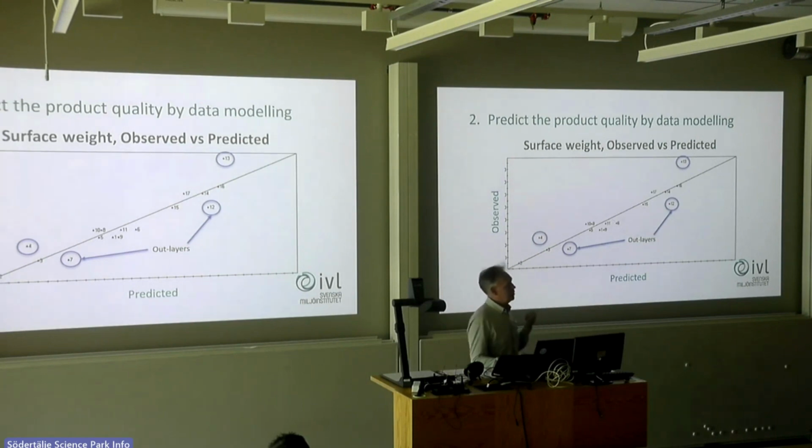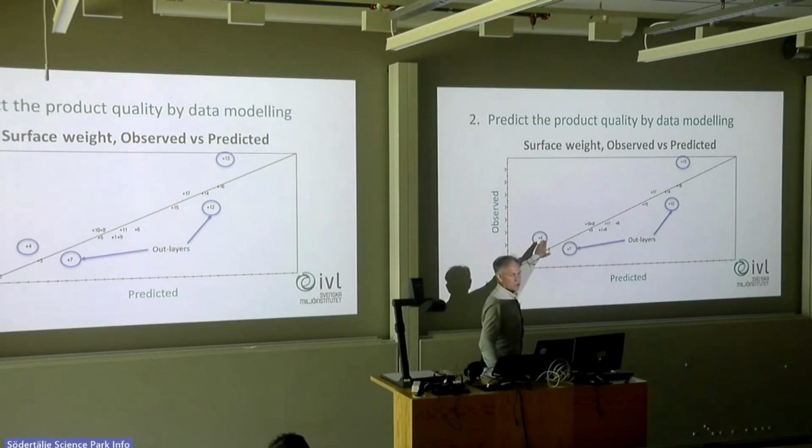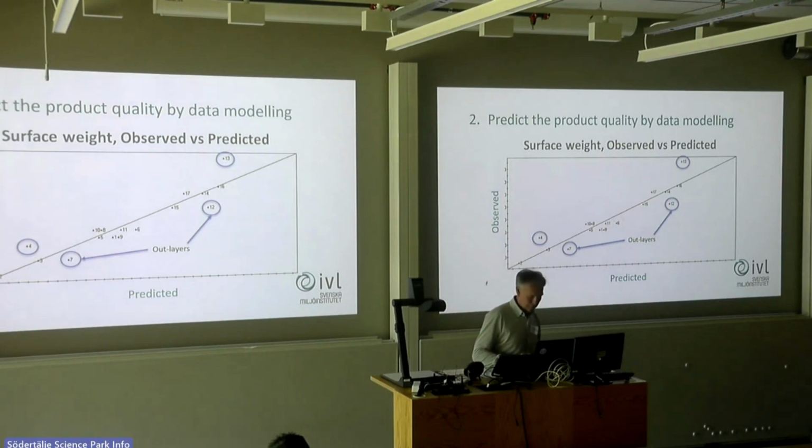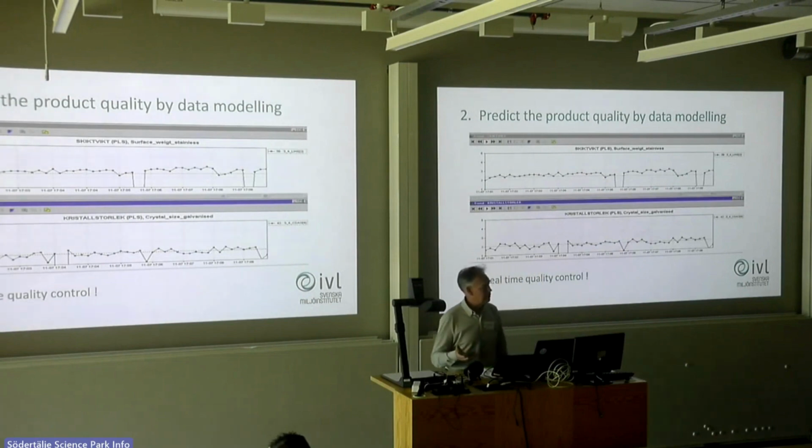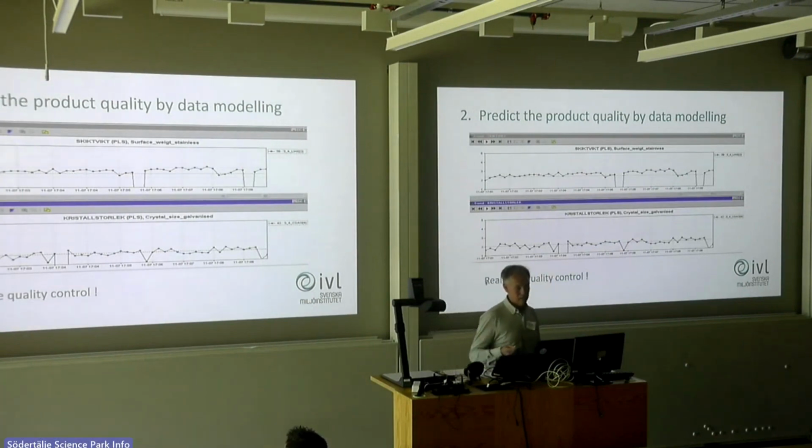So this could be very interesting input to try to find what's affecting the surface weight more than what we analyze today, to get rid of those outliers. And when you have set this up, then you could actually measure online and have a good control on the weight